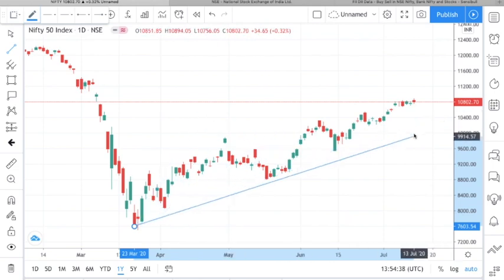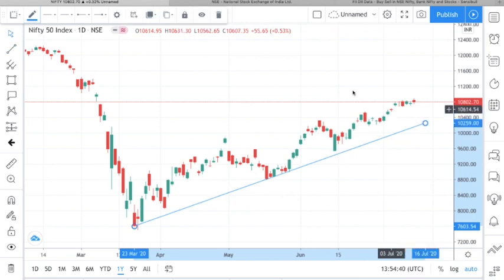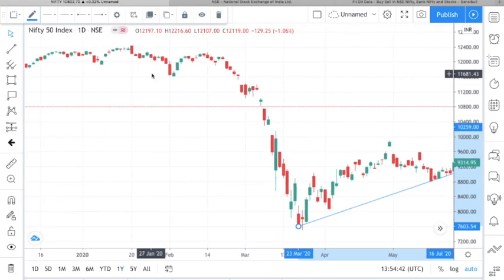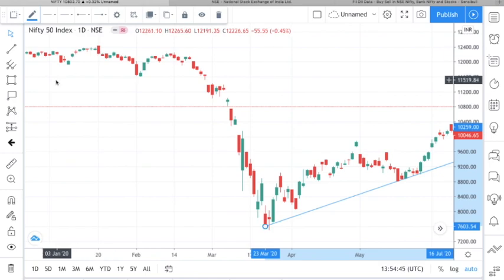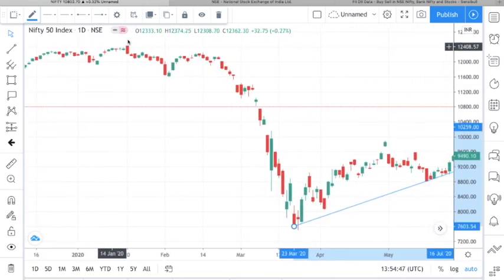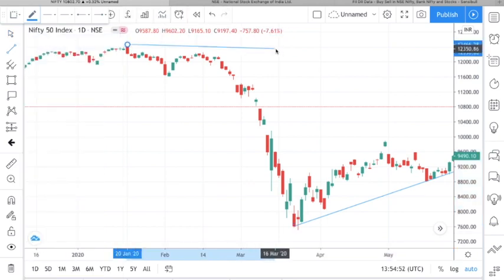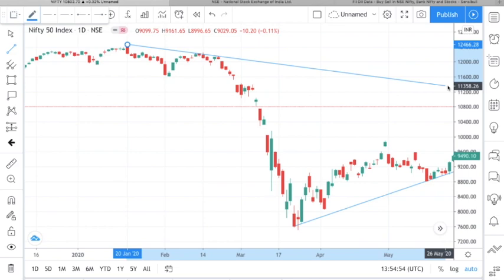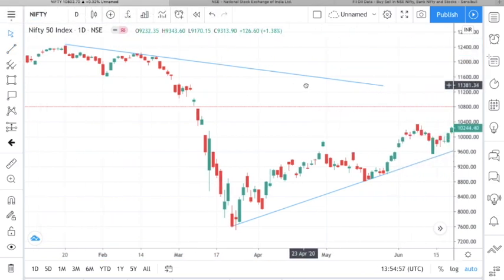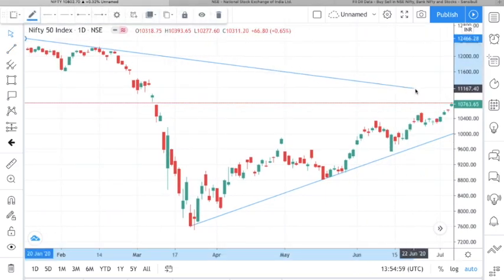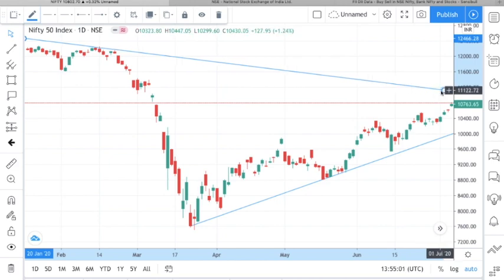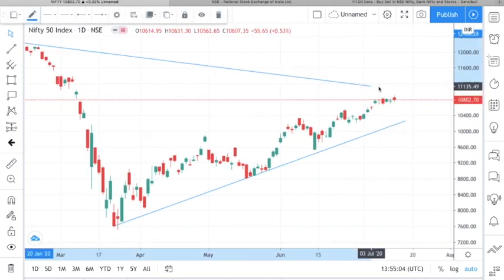Okay. And the next thing that I'm going to do is take the global low over the last year, which we got on 20th January. We're going to draw a resistance line. And this is going to connect the swing lows. So I'm going to just extend the arrow a little bit here. When I extend the arrow, you would notice something very interesting, that there is an ascending triangle formation. So I'm going to touch upon that a little bit later.